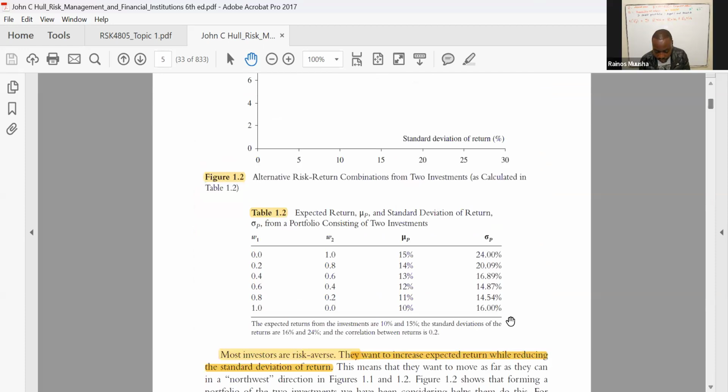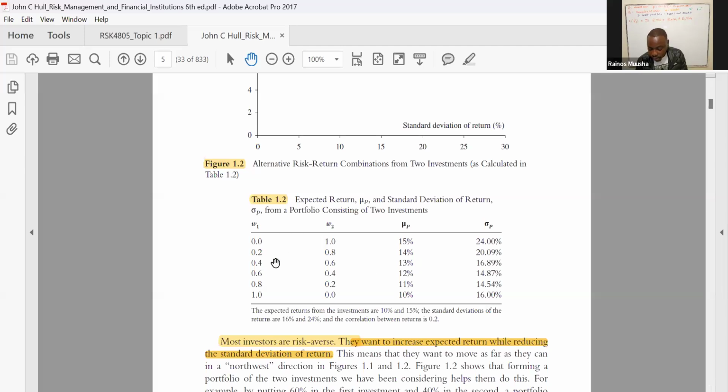So they are giving us table 1.2, where they are saying for the different weightings that we are going to be allocating to asset 1 and asset 2, these would be the expected mu, which is your expected return. And this is how you'll be able to determine the standard deviation as well, which is given by that. So given this information, it means that if we are going to be looking at these two assets,